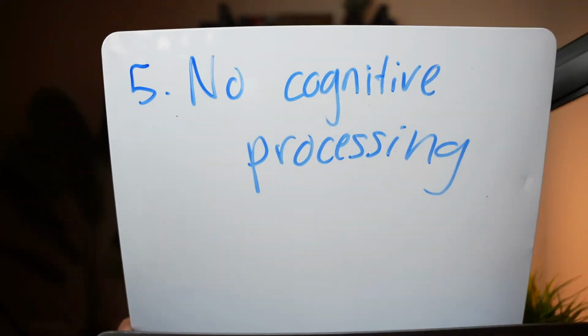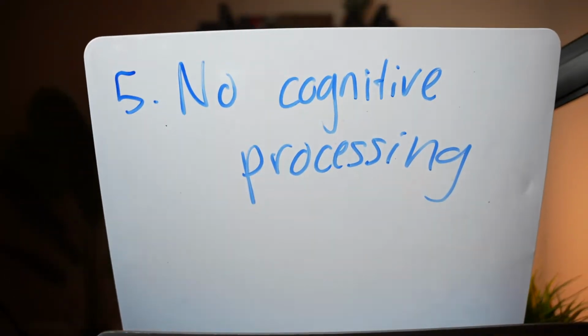All right, the next one is no cognitive processing. That means consuming information without reflecting on it or recording it. It's the same thing I talked a little bit about earlier, as just passively consuming YouTube videos. You get that dopamine from watching the video, and you're like, oh yeah, but you're not actually doing anything with it. Memory requires you to actively process the information and not just expose yourself to it.